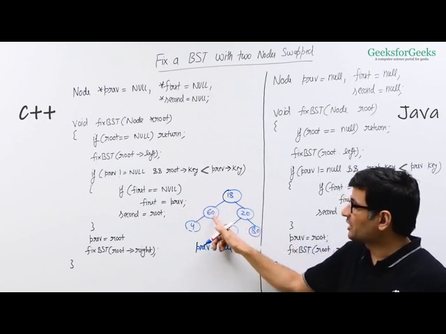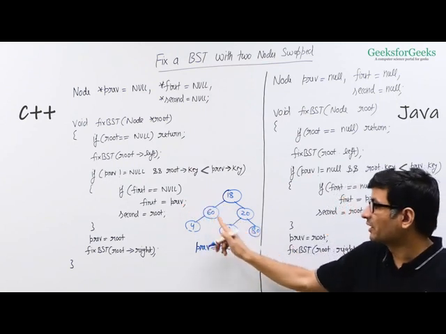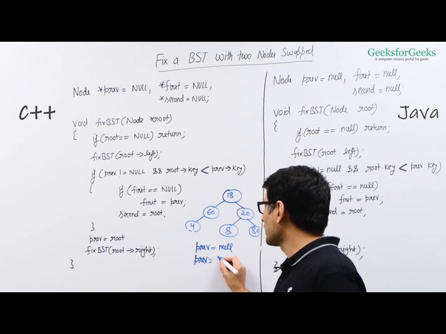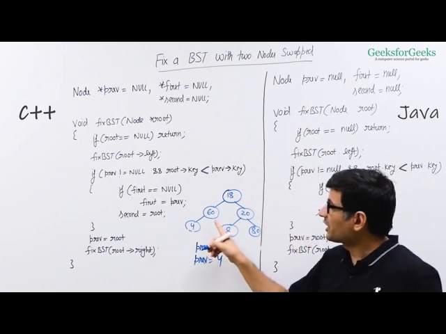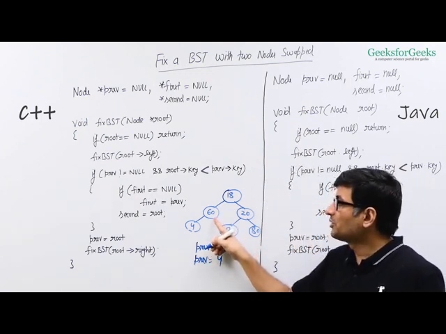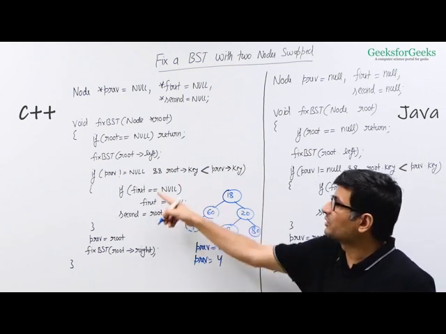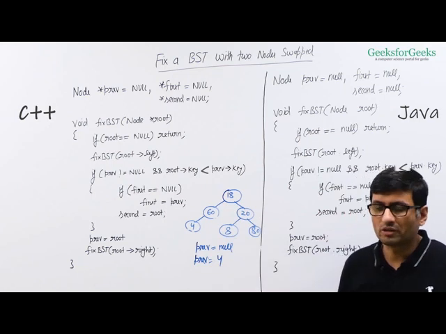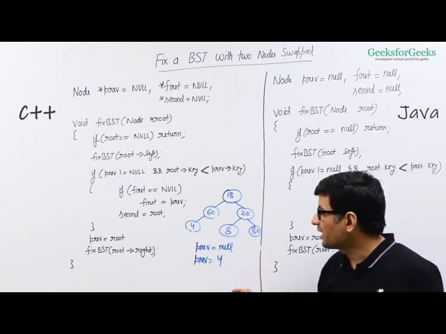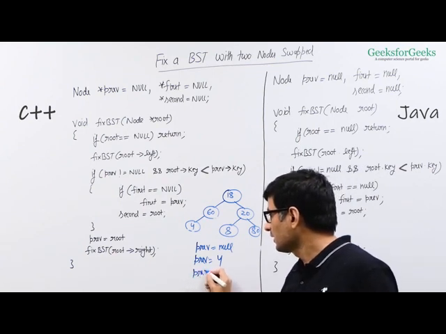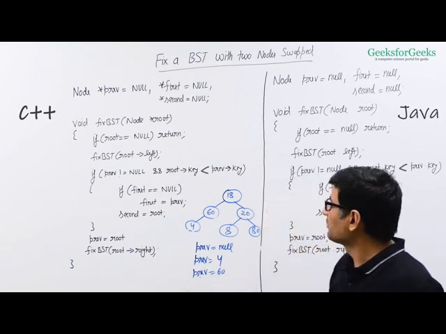Now we come to 60. The control goes back to the parent. Before sending control back to the parent, you set the previous as reference or address of 4, right? So when the control comes to 60, you check whether it is greater than previous or not, right? That's what you do in this code, because this time previous is not null. So it's greater, you are fine. So you will update the previous as 60. Now you will come to 18